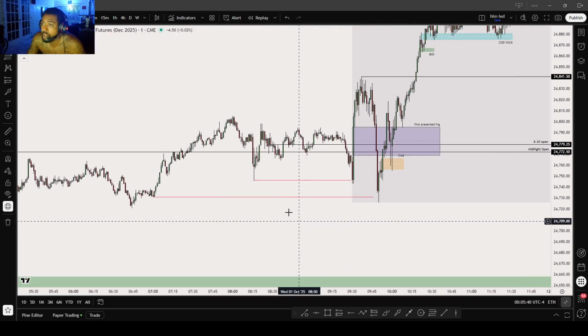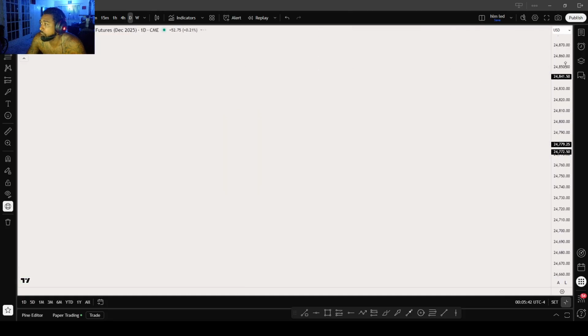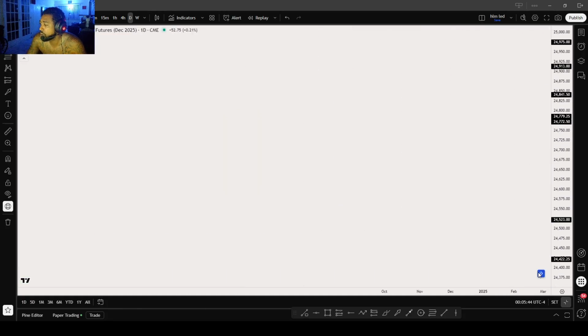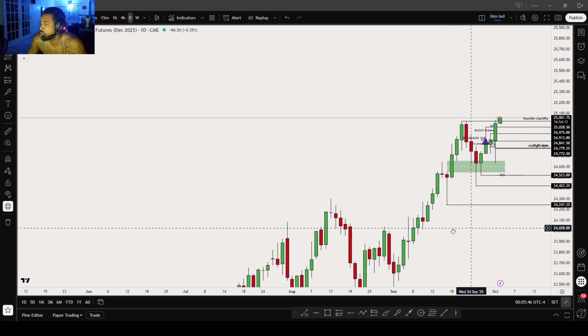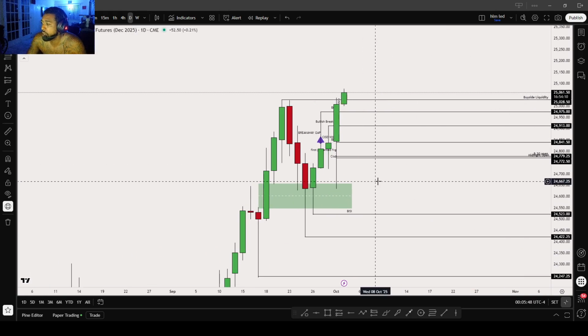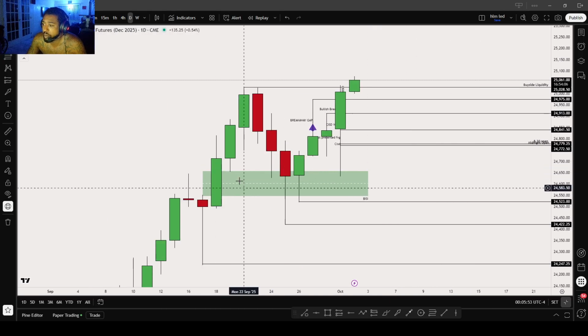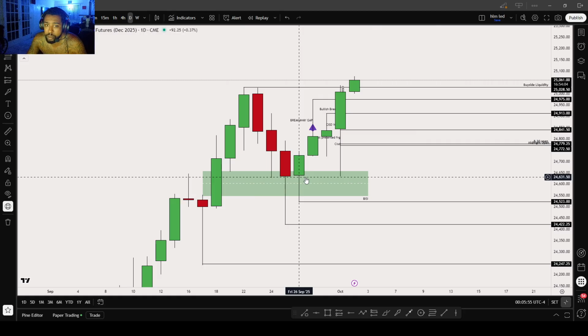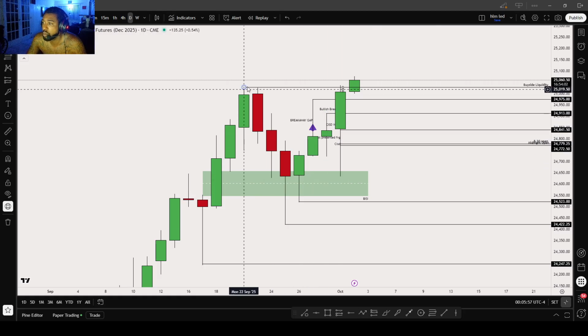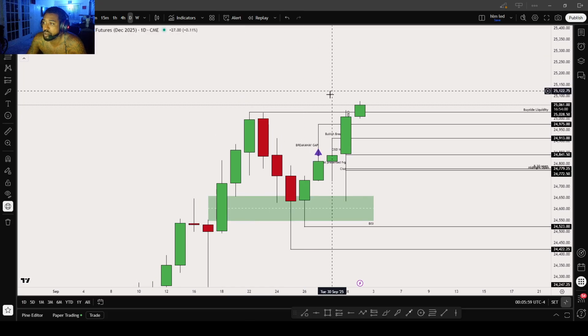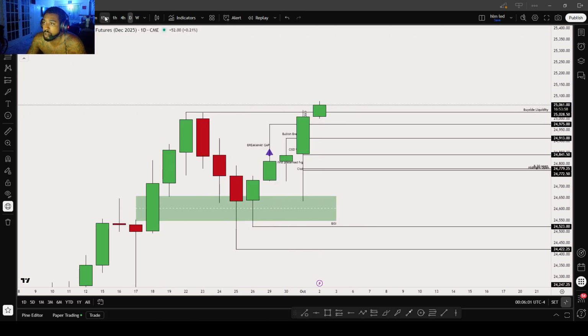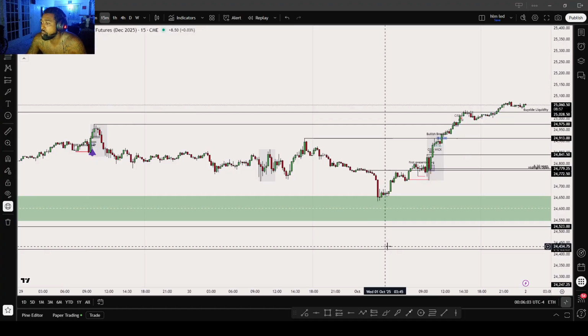So we were already expecting it to start manipulating lower to go higher. If you look on a higher time frame, on the daily, we're delivering from this daily green fair value gap. So we ran away, we have all-time highs up here, and obviously we have equal highs. So this is obviously going to be a magnet.